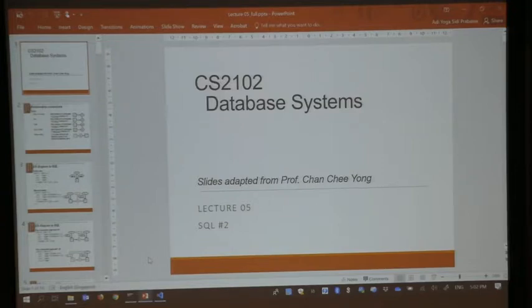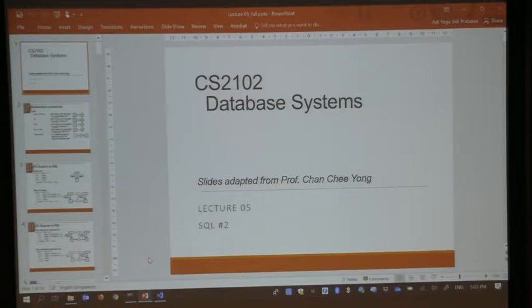If you want to enforce that the overlap constraint is not satisfied, you probably need to use triggers. The value here cannot exist over here, because the student did not exist here.